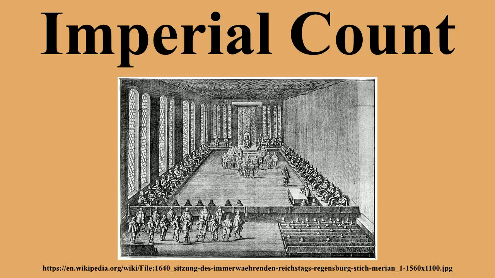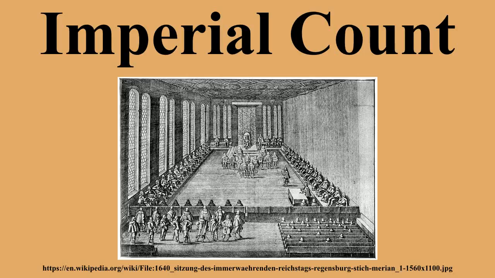In 1521 there were 144 imperial counts. By 1792 only 99 were left. The decrease reflected elevations to higher title, extinction of the male line, and purchase or annexation by more powerful imperial princes. In 1792 there were 4 associations of counties contributing the votes of 99 families to the Diet's Reichsfürstenrat.